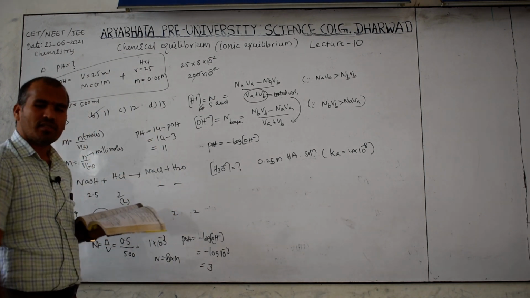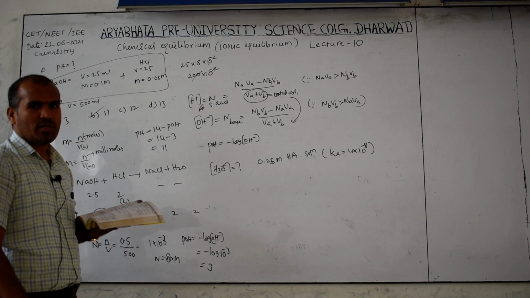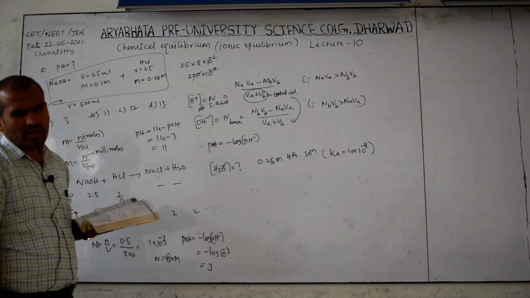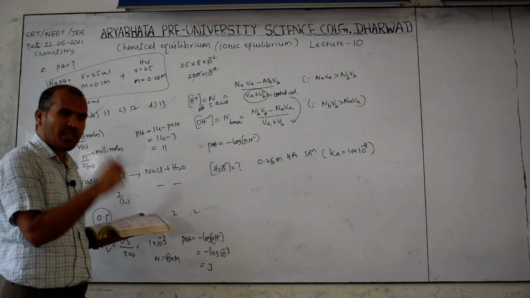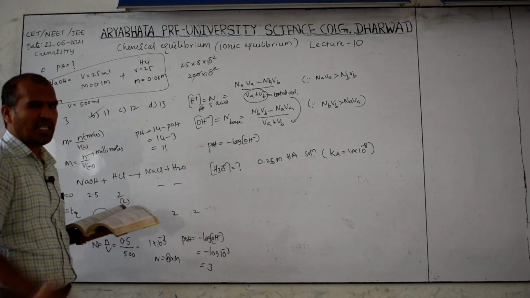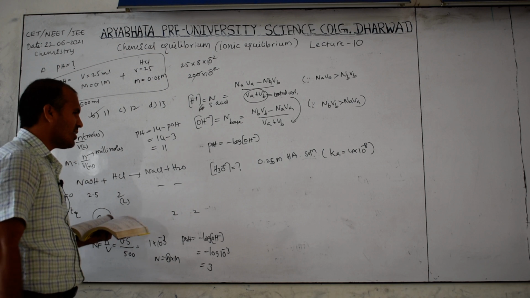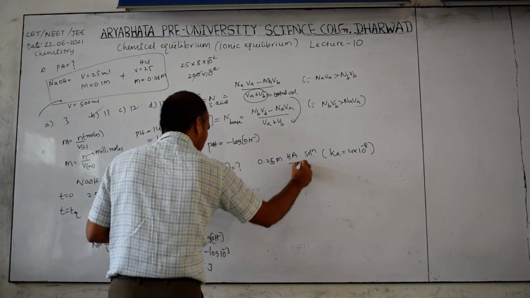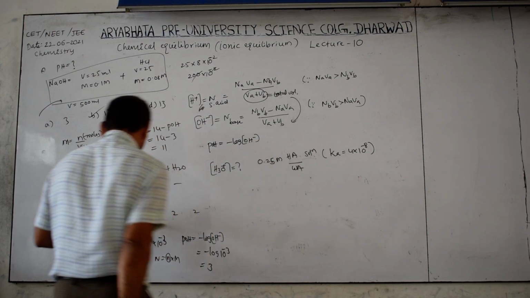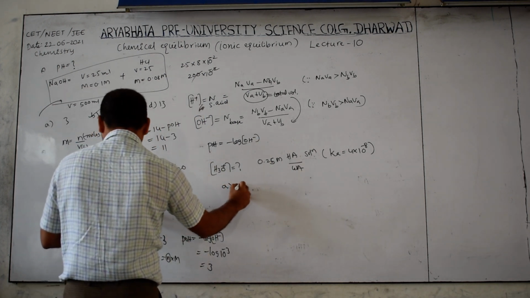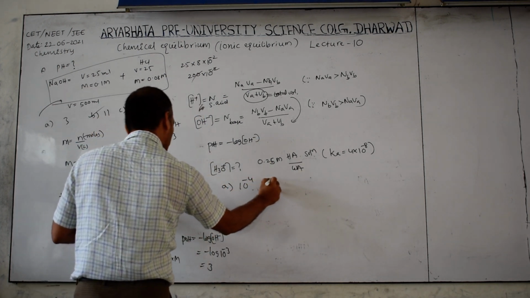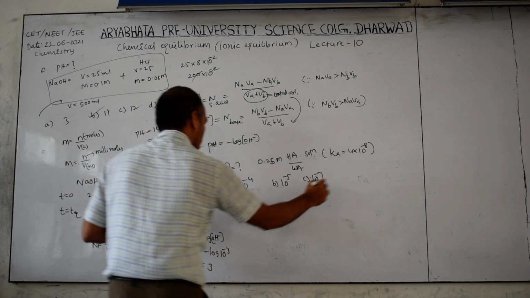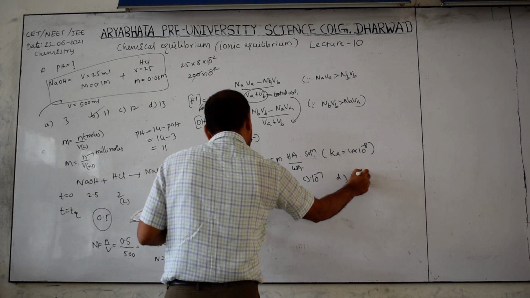This is a rank shortcut concept, then you can easily answer the question, because strong acids also have a Ka, and weak acids also have a Ka, but if the question mentions Ka, in 99% of cases that is a weak acid. Therefore ultimately this is known as a weak acid. The options given here are: A, 10 power minus 4; B, 10 power minus 5; C, 10 power minus 7; D, 10 power minus 10.